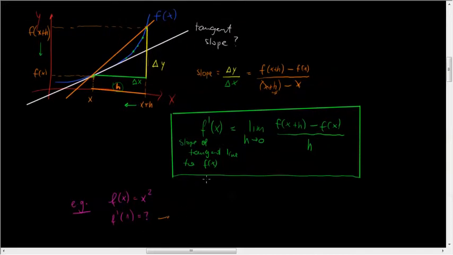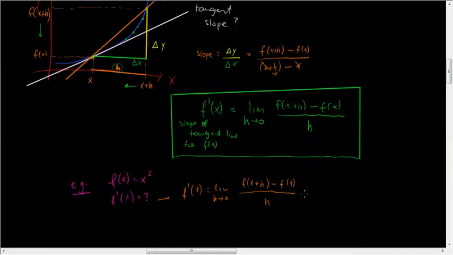So f prime of 1 equals the limit when h goes to 0 of f of 1 plus h minus f of 1 divided by h, which will be the limit of 1 plus h squared minus 1 squared divided by h,